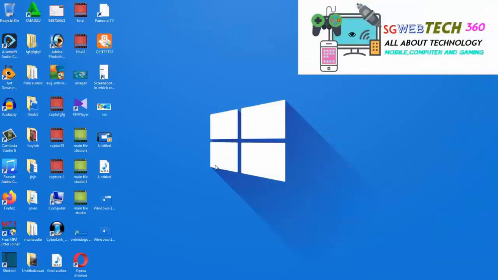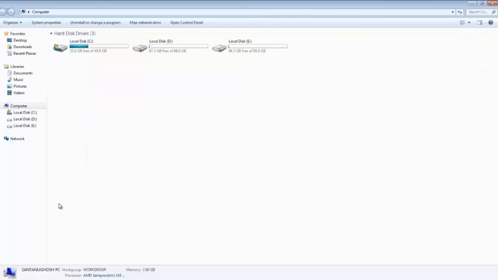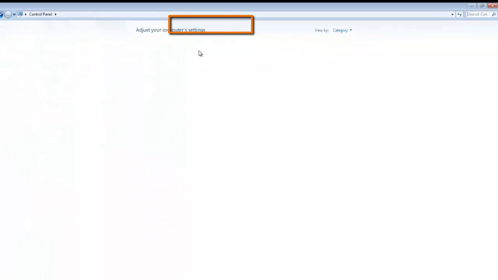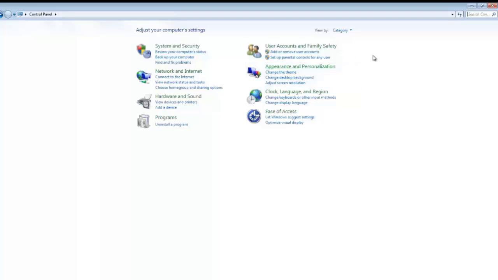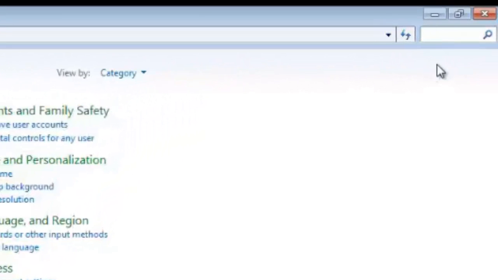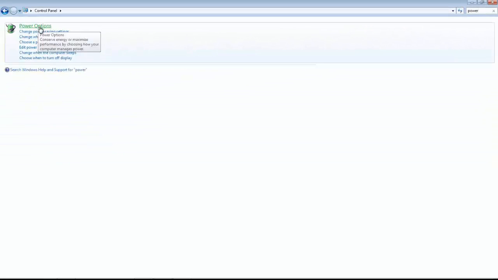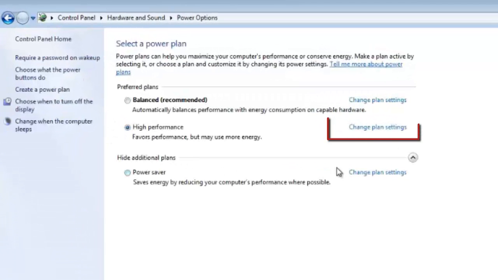Now you have to open Computer. Then click on Open Control Panel. Here in Control Panel, you have to search Power. Here you can see Power Options has come. Go to Power Options. You have to click Change Plan Settings in High Performance.